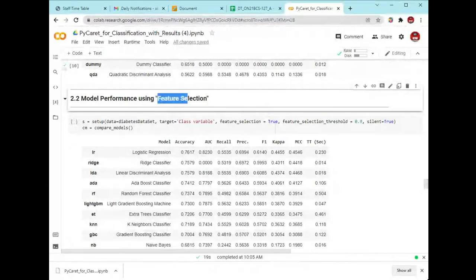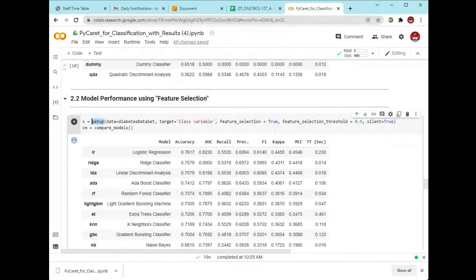After that, the feature selection process is applied. Same process we are using. Firstly, we define a setup function. In this setup function, we define the data, then we define the target, then we set feature selection to true.